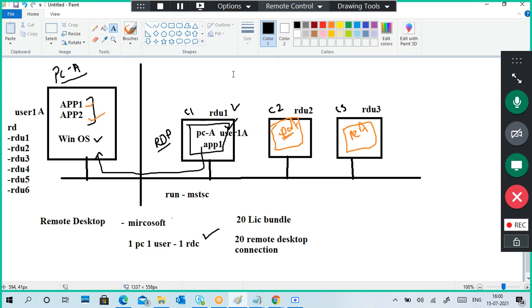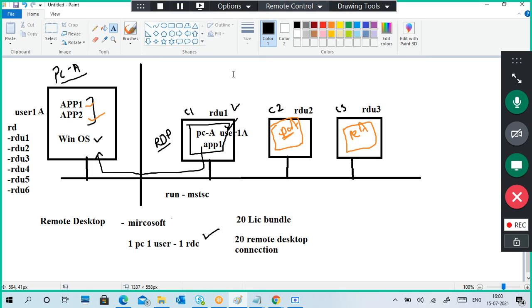The point is why we need a remote desktop. The question comes to the starting point: why do we need this remote desktop, and why should we access remote desktops from our PCs? What is the purpose of accessing a remote desktop? Because to access the applications, sir.